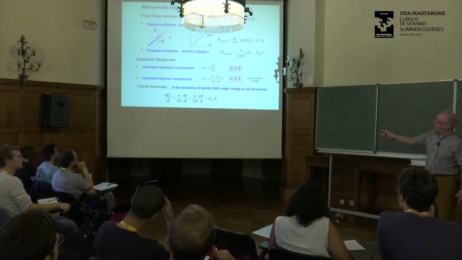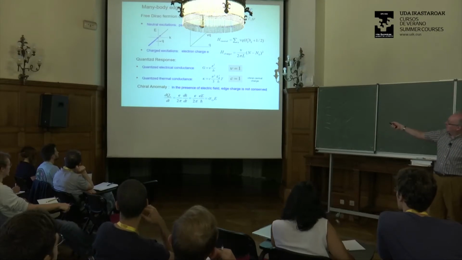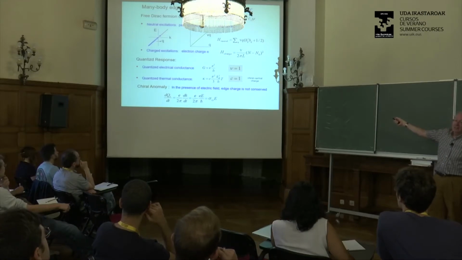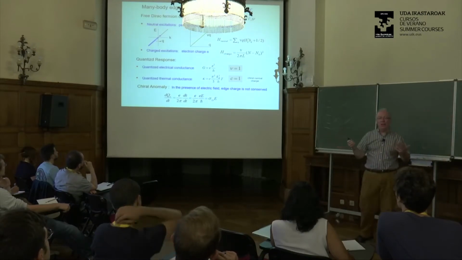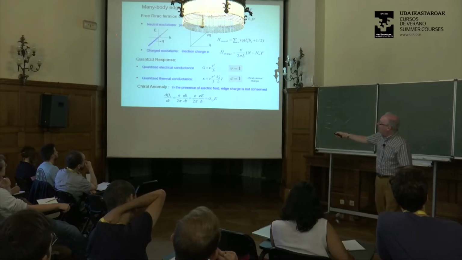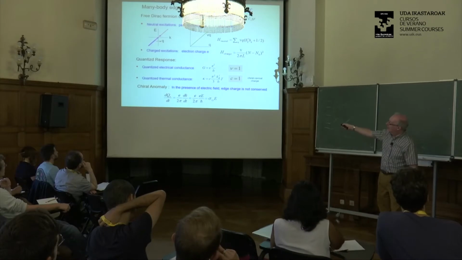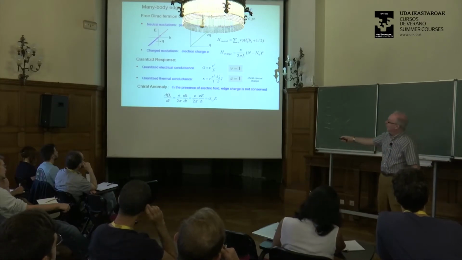It's described by a very simple theory, which is a free Dirac fermion conformal field theory, which is just fancy words for a Hamiltonian that looks like this. This is just a Hamiltonian where the dispersion of my electrons is linear in k. So my single particle states are linear in k. And then my ground state is I fill up all of the states up to the Fermi energy. That's my ground state.